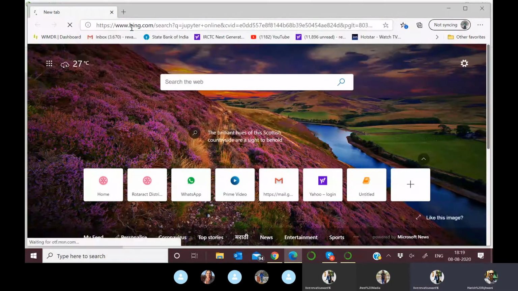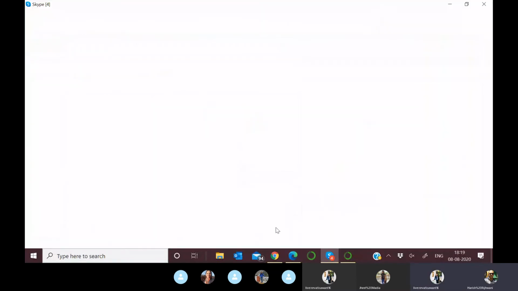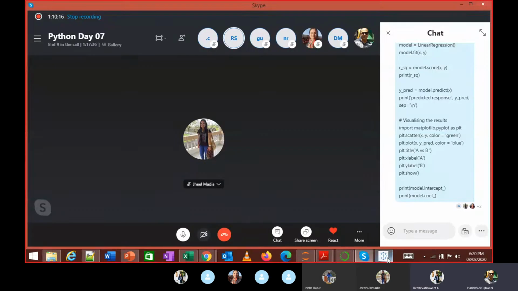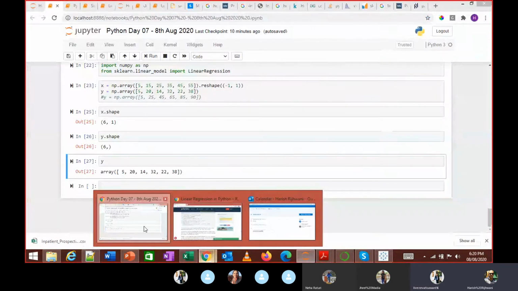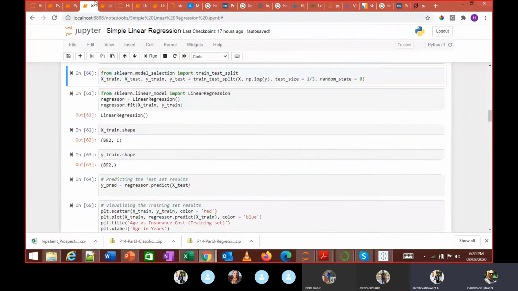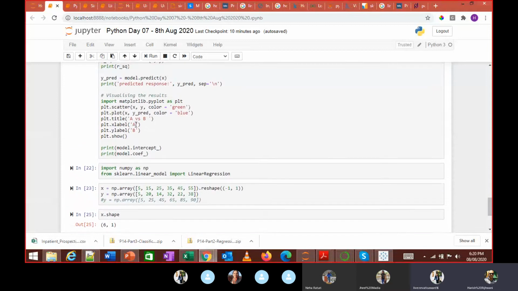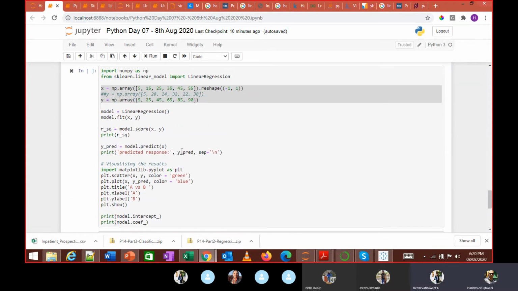Okay, I'm going to share my screen. So coming back, we have created two arrays with some random values.